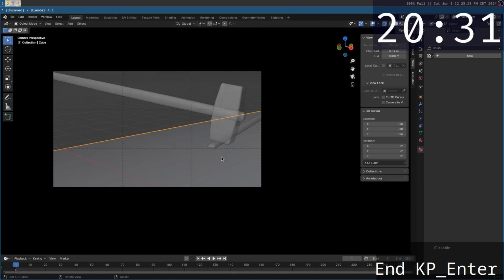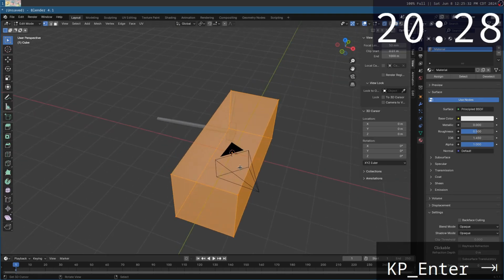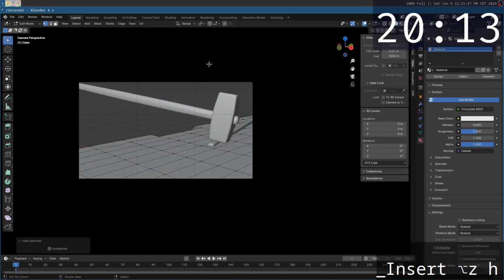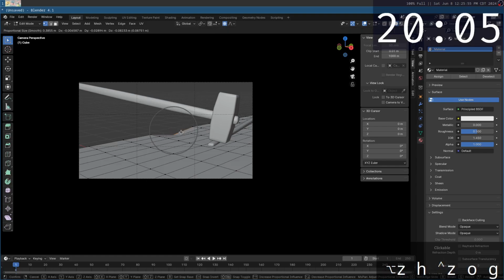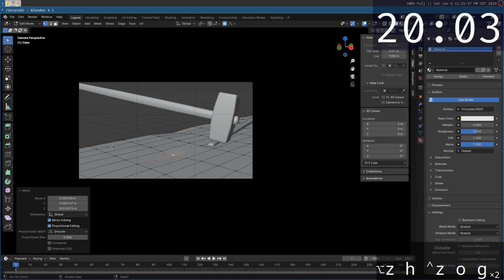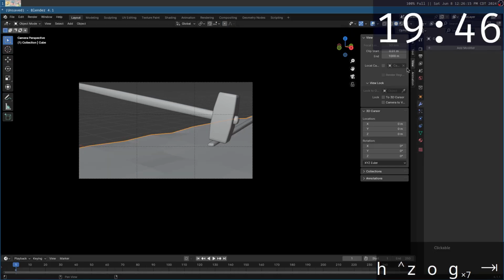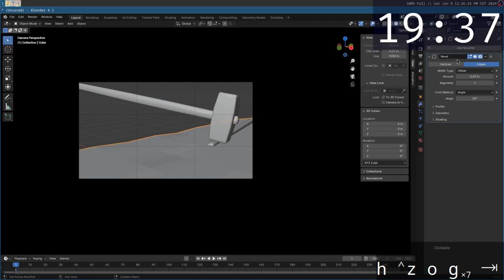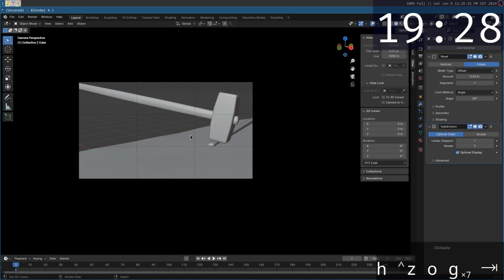Now for the anvil, I think what I'll do is just run Control E, subdivide, and turn this up, and then hop into proportional editing and just sort of move some stuff around. Move you down, nudge you up, nudge you down a bit, nudge you up a little bit. That's a good start. And then I'll also do the same modifiers I've been doing, where we'll add in a bevel, make it bigger, make it smaller, whatever. Add in a bevel, add in a subsurf. And now we've got a nice, subtle sort of waviness, unevenness to the anvil